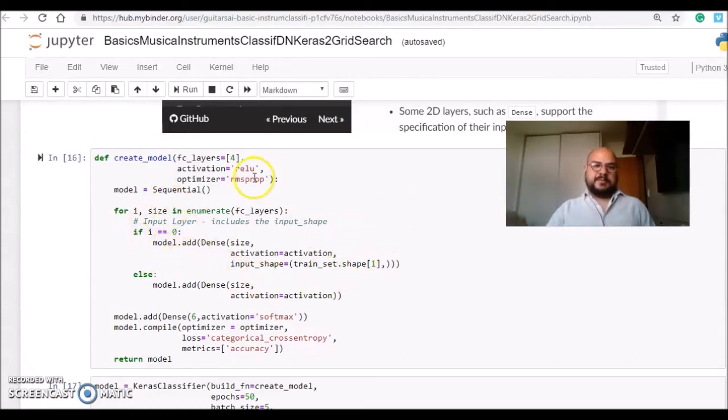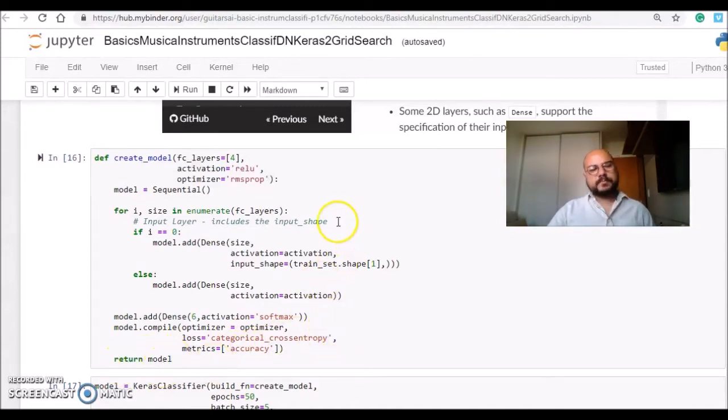As a default, it will have an input layer with 4 hidden units. Then it will add an output layer with 6 units and the softmax activation function. It will compile the model with the categorical cross entropy loss function,